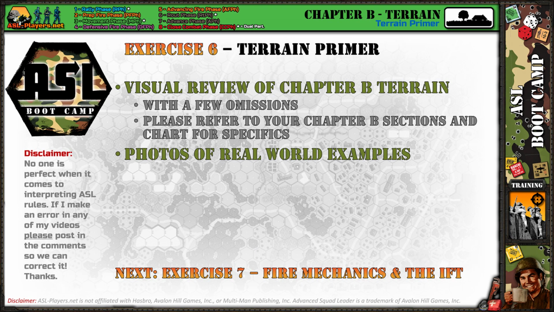We're going to jump right into the action today with a terrain primer. The focus of this lesson, this tutorial, is to do a visual review of the Chapter B terrain. Chapter B is quite long, so I'm not going to have specific lessons to cover just each type of terrain. What this is going to do is go through nearly all of the terrain in Chapter B, and show you a visual representation and a quick summary of what the terrain is within the